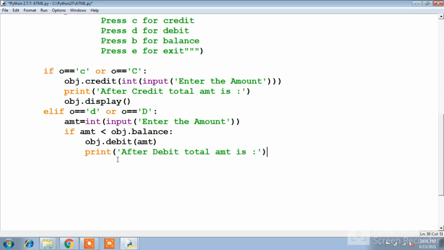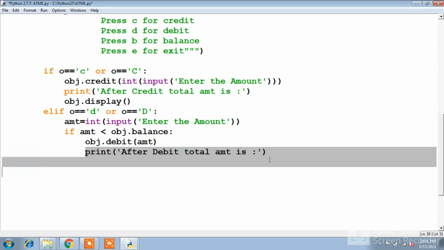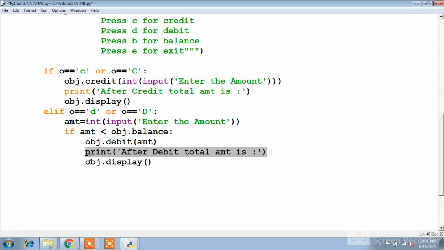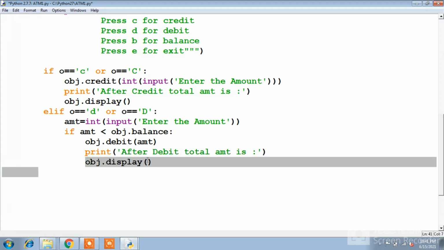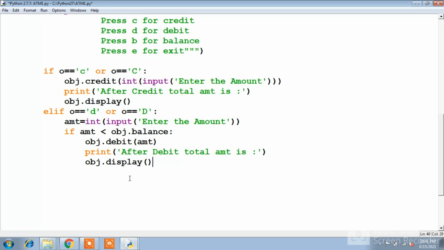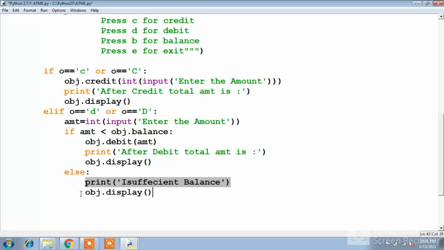After debit, the total amount is obj.display. If the amount is greater than obj.balance, then what happens? Insufficient balance. And then obj.display, so I am displaying the balance.